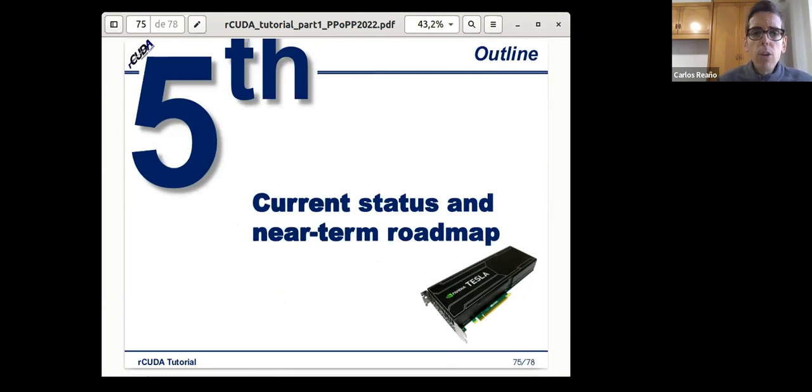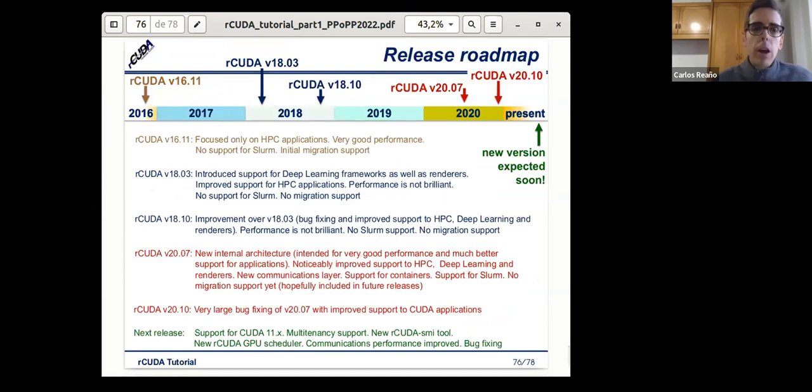Okay, so what is the current status and the near-term roadmap of rCUDA in terms of releases? We are only showing here releases from 2016. At that point in time, the rCUDA release was focused only on HPC applications.